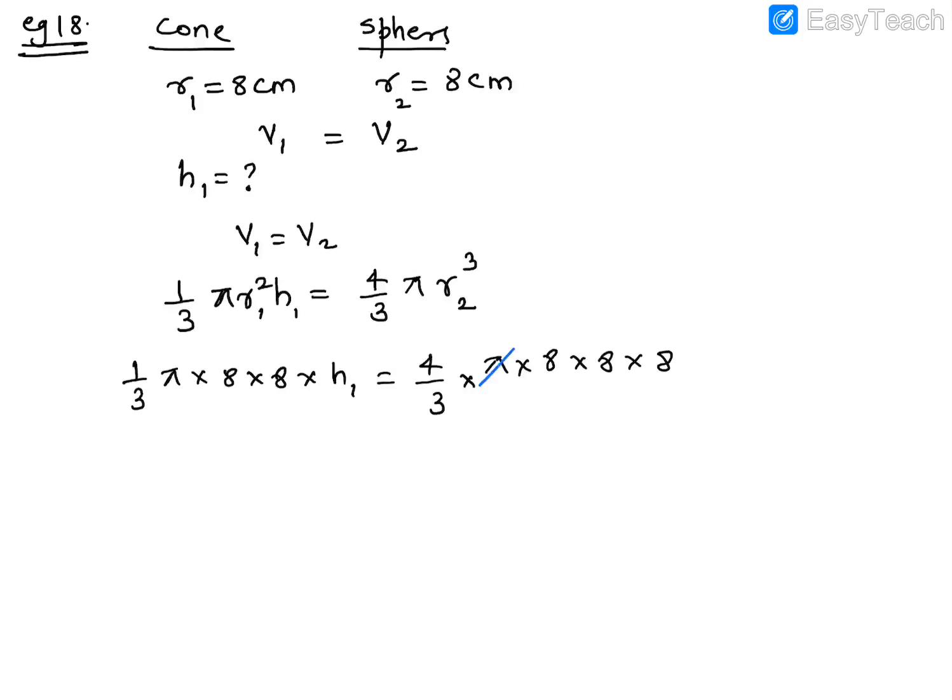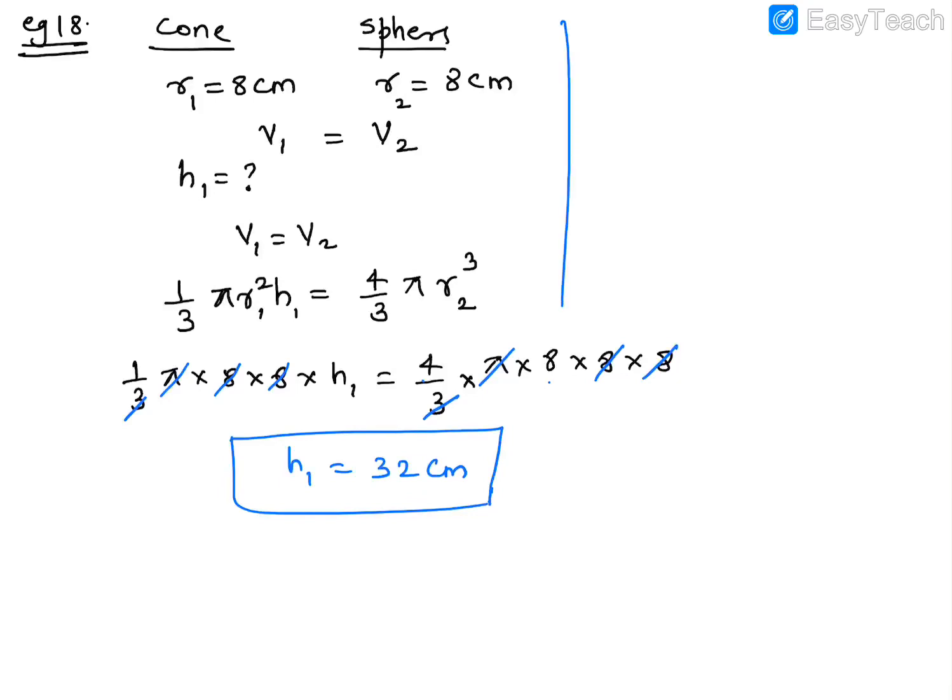Now let's start reducing here. So you see, you can cancel pi, we can cancel these 3, we can cancel 8, 8, 8 and 8. So what are you left with now? h1 is equal to 4 into 8, so that will be 32 centimeter. Done. It's a very simple problem, so they can ask you this for 3 marks. But there is one more part to this problem. You have to also calculate the slant height of the cone. This is a little challenging now.